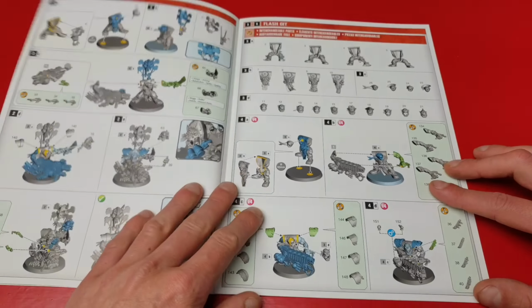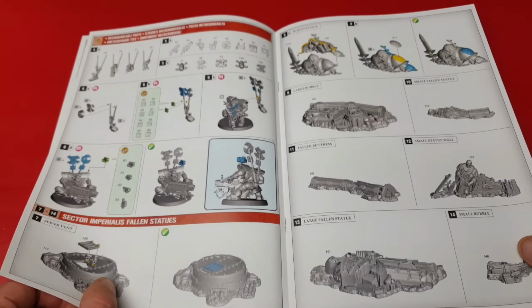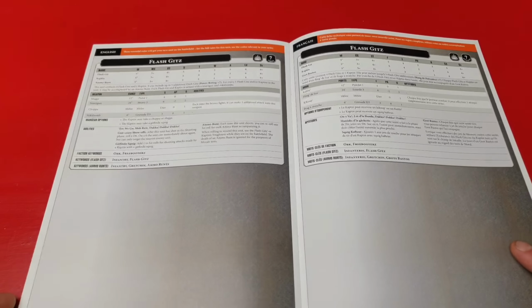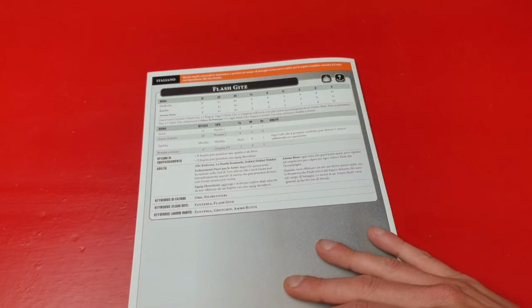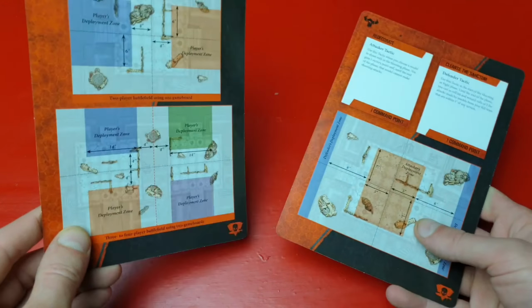Well done, GW, on the instructions. They are fantastic. Really like that. Great, yeah. Shows you what to do there. And you've got the rules for flash kits, and they've provided it in a few different languages too. Fantastic. Good stuff. Win. Last but not least, we've got these